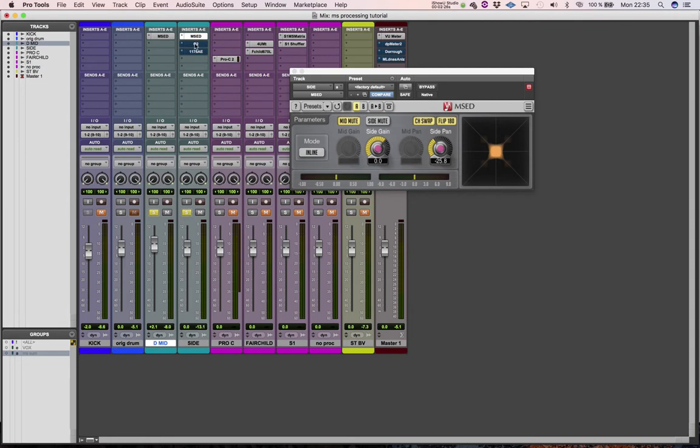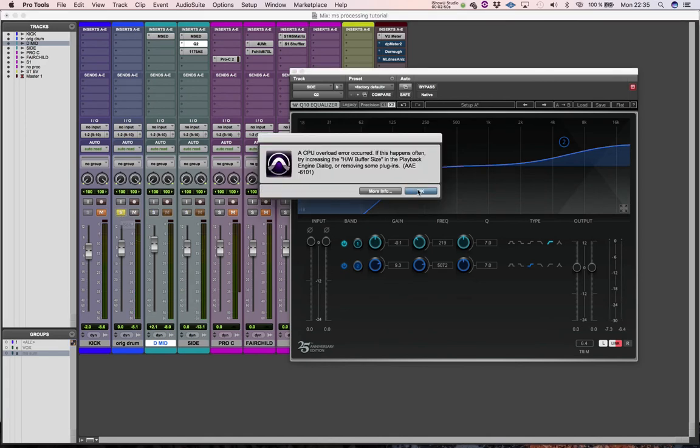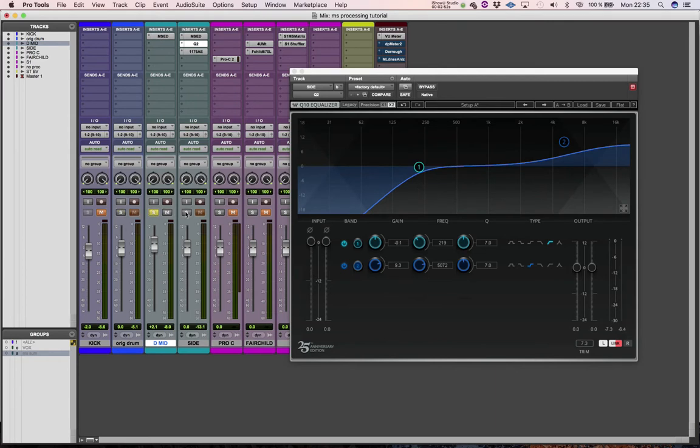The next thing though is that I might want to add some processing to the side components. So I've cut the lows and boosted the highs. And then after that, I have compressed just the side components. And that's just made my drums feel a little bit more alive than a little bit tight and a bit closed. And now I should turn the groups on. And now if I play this one,